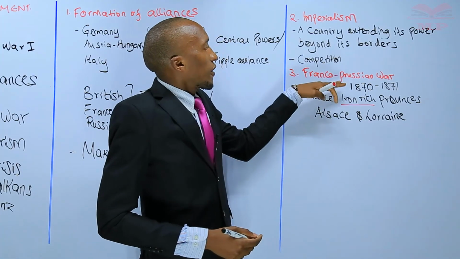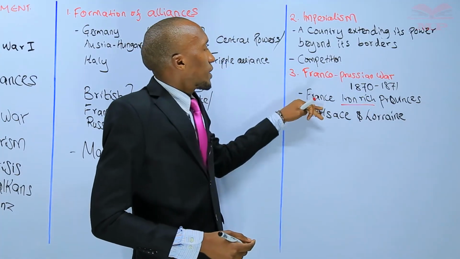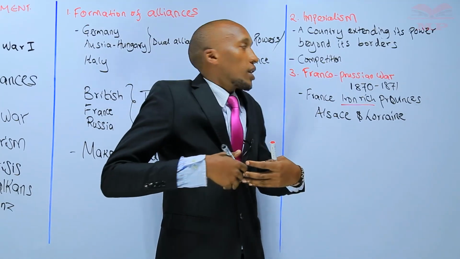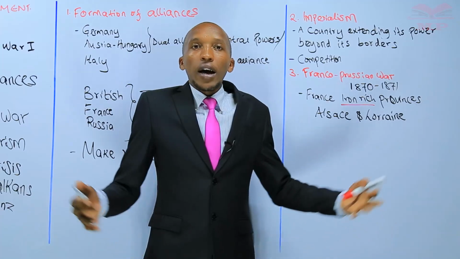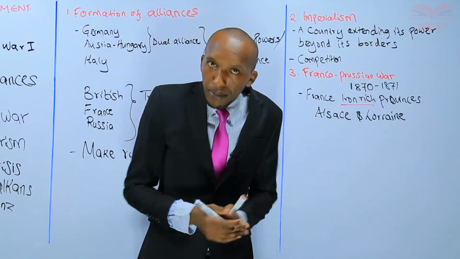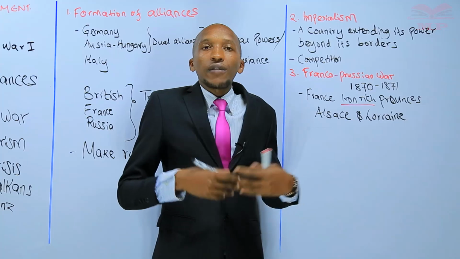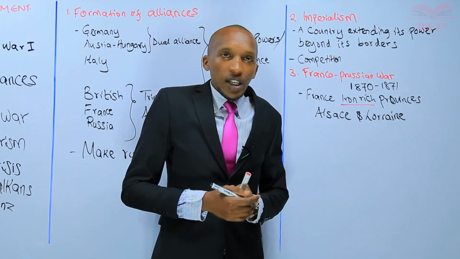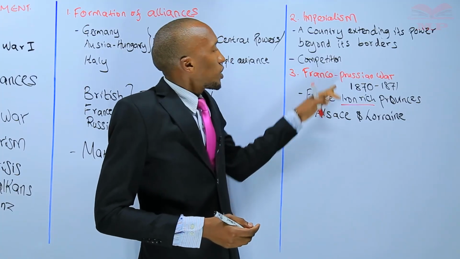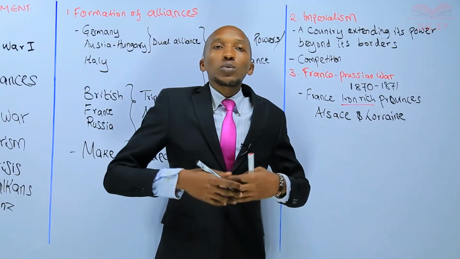So that is how the Franco-Prussian War encouraged the World War. Because once France has been defeated, it encouraged them to go and find partners whom they could partner with, so that in case there is a problem, France could have a friend who could be able to support them. So the bitterness that the French got from losing these two provinces encouraged them